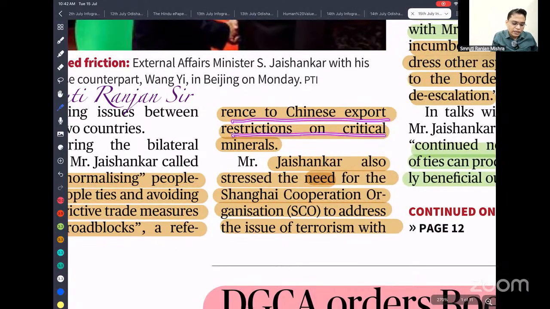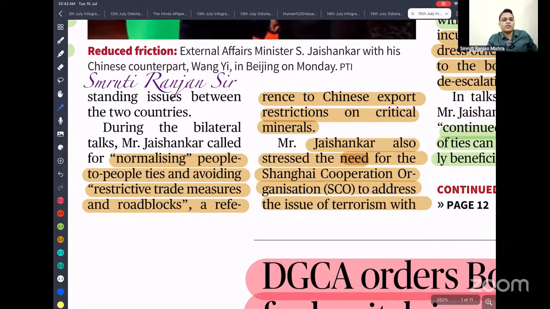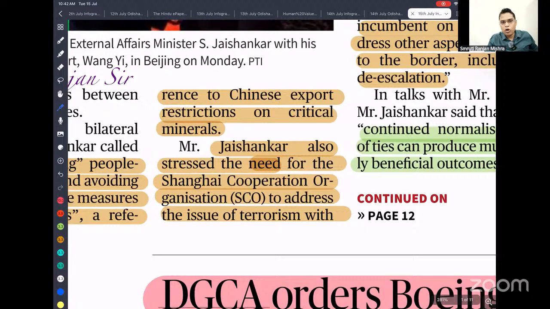So recently, what happened? China blocked export of the critical minerals to India. So because of that, our Ministry of External Affairs clearly mentioned that we need to promote more people-to-people contact, and we need to prevent the restrictive trade and roadblock. Just like that, the Chinese have stopped supplying critical minerals all over the world, which affects our automobile